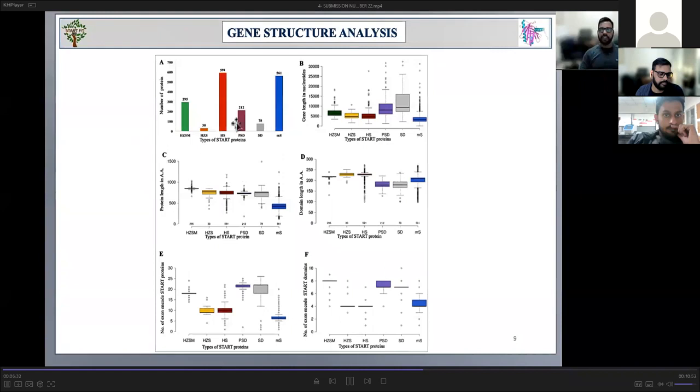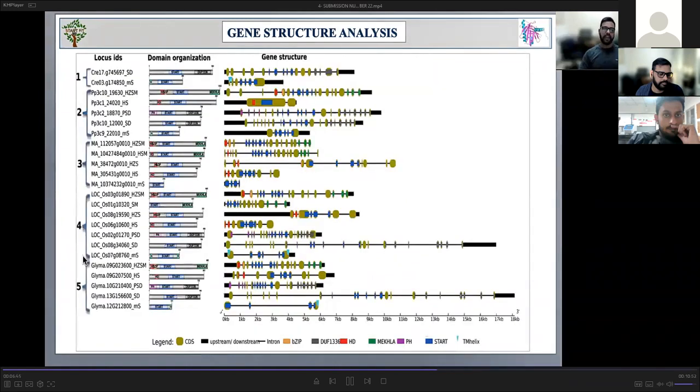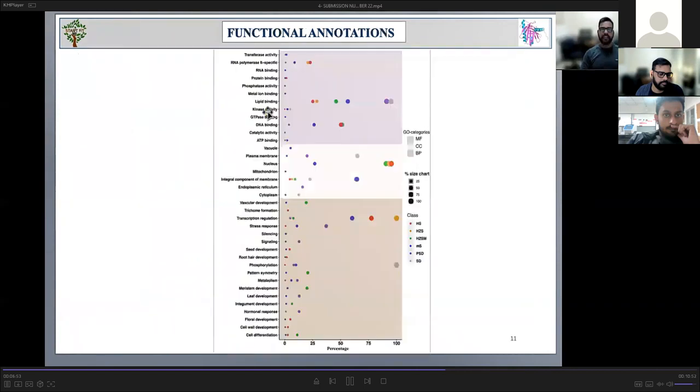Further, the gene structure patterns of these 6 structure classes showed variation in terms of the number of exons encoding full-length START proteins and START domain regions. The representative image for gene structure analysis and exons representing different domains of START protein is illustrated here. Finally, the functional annotation of START proteins shows the involvement of START in a wide range of biological processes and molecular functions, but mostly associated with essential processes like cell differentiation, development, lipid and DNA binding, transcriptional regulation,